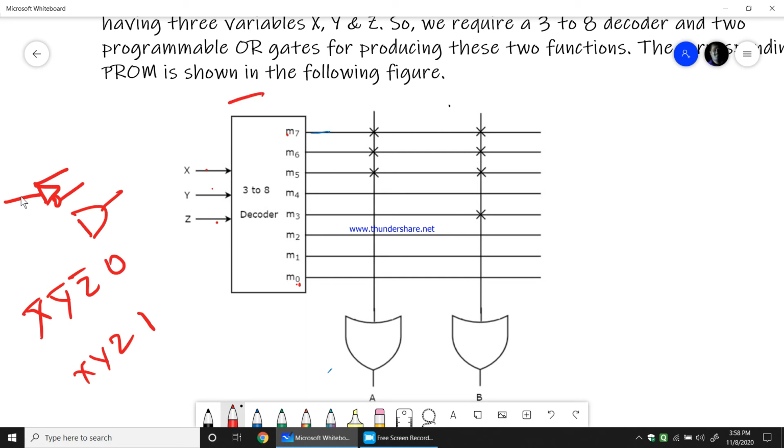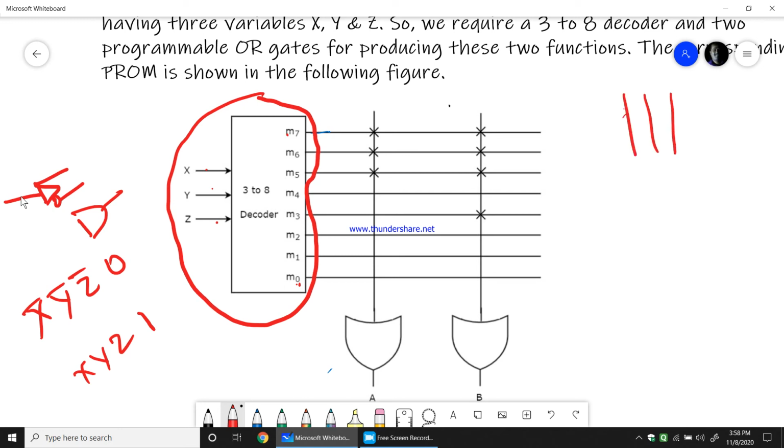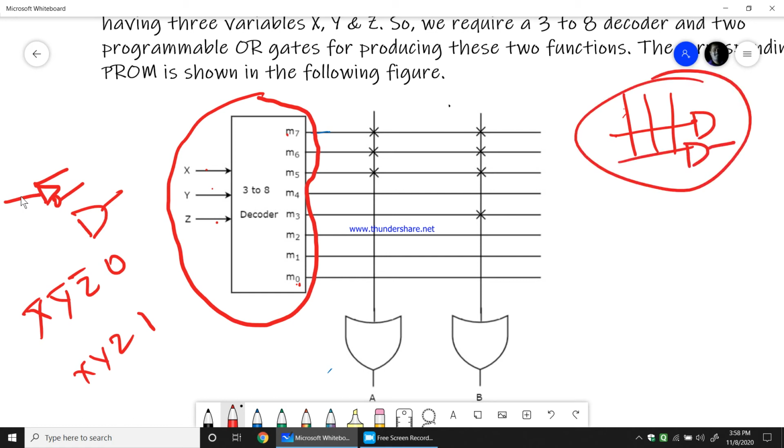So this 3 to 8 decoder is equal to the inverter and AND gate array which we have drawn. This complete inverter with fixed AND gate array is nothing but a 3 to 8 decoder. Either you can use a 3 to 8 decoder with XYZ as input and M0 to M7 as output, and choose the decimal values according to the summation m you have for an OR gate.